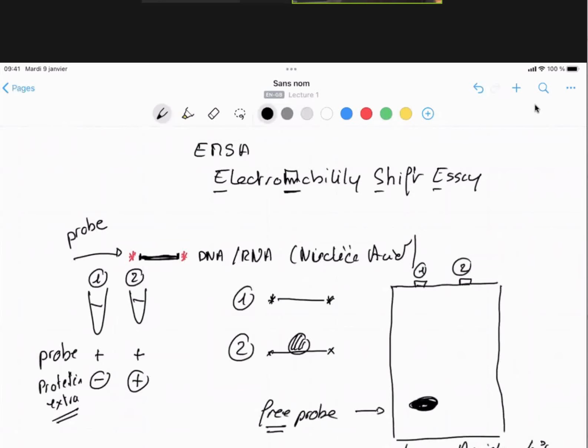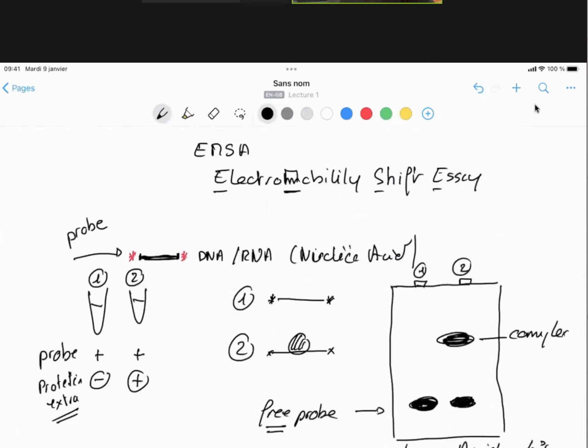If in tube number 2, in which we put the protein plus the probe, there is some protein in this mix of protein that interacts with the DNA, they will form a complex, protein plus DNA, or RNA in our case, that will have a much higher molecular weight because of the size of the protein. So because we put a lot of probe, we always see the free probe that is not bound, but we will see the formation of a complex